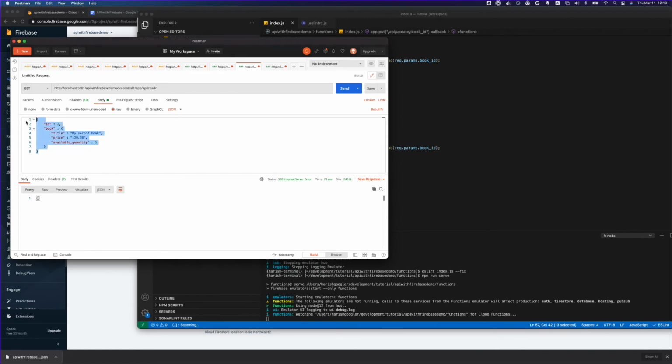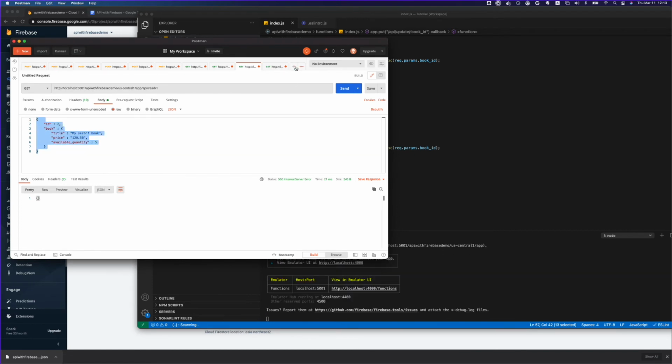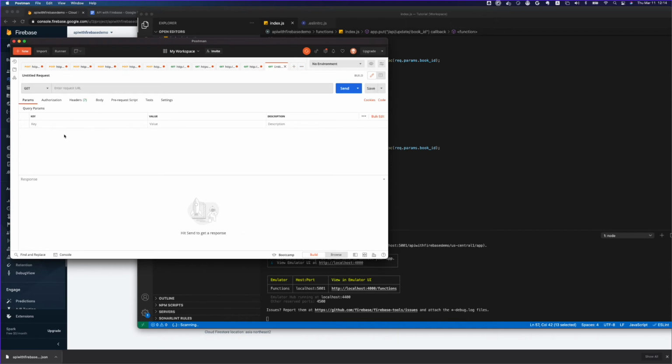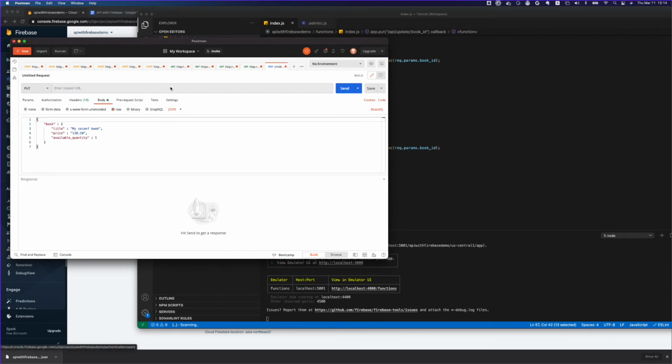This time I need this collection again, so let's go to another one and copy paste this. We don't need the ID here because we are sending the ID as a request parameter, and let's add one header, content type, so that we are able to see it much better. Application JSON. If I go to body, it's a little bit highlighted, and now we need to call the PUT request. I'm going to copy this URL.